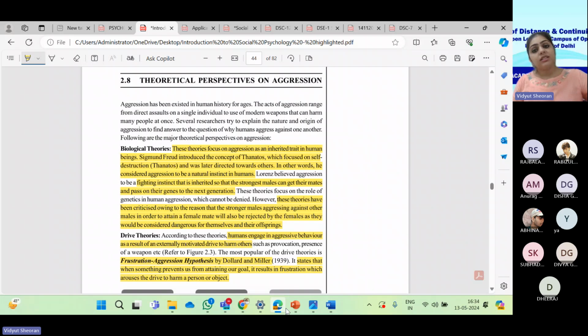Certainly environment teaches us the behavior, but that inborn tendency, जैसे कि एक हेल्पिंग बिहेवियर की होती है कि इमरजेंसी में हमने किसी से पूछा नहीं कि इसकी मैं मदद करूं या ना करूं, मदद कर दी. उसी तरह से अग्रेशन भी हम किसी से पूछ के नहीं दिखाते हैं,